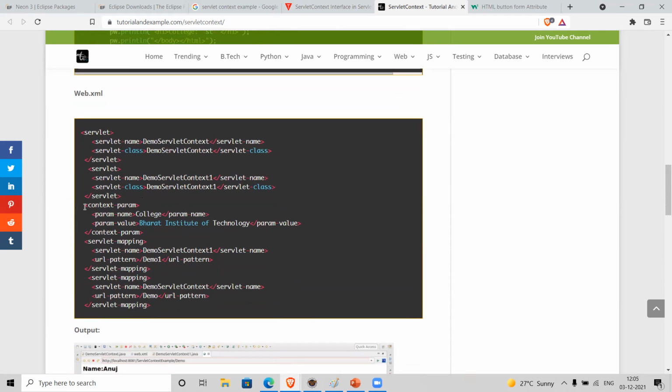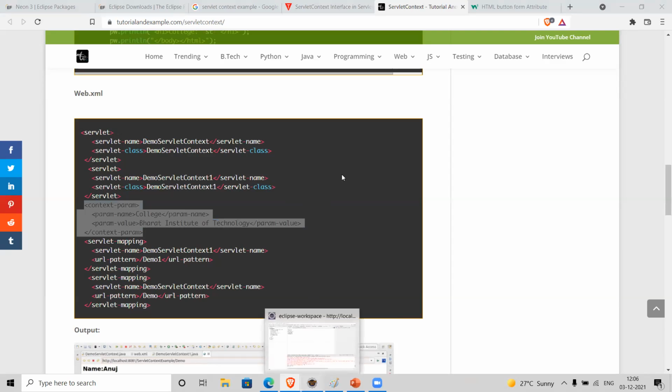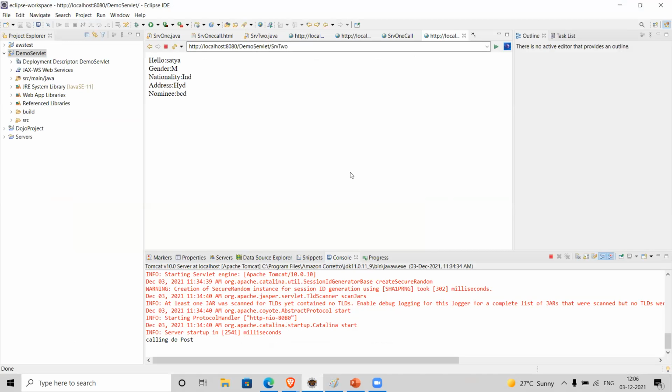This is web.xml. This is how we can configure a context parameter, a servlet context parameter. The context-param is the tag name, with param-name and param-value. Which means this value is getting stored in the context object. I'll try to explain in code. That would be more useful to you. We'll spend some time here.